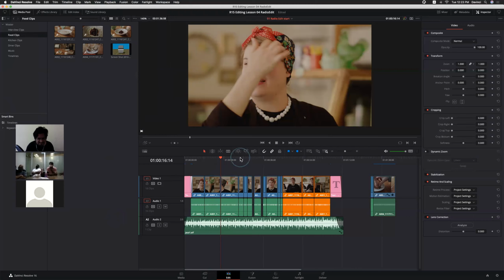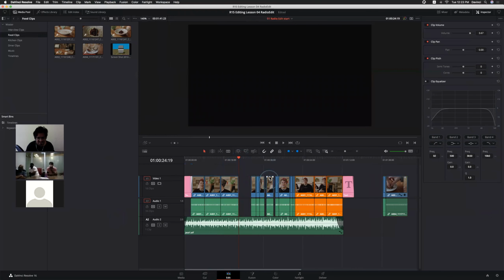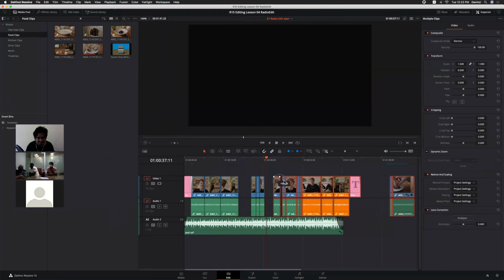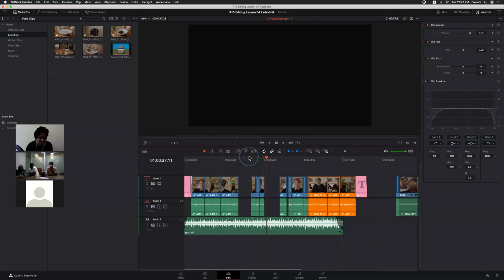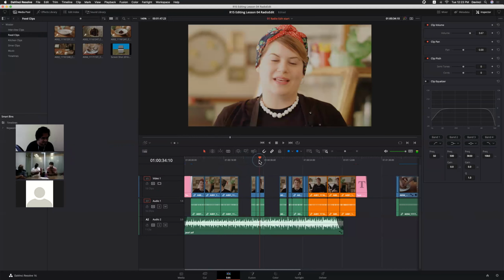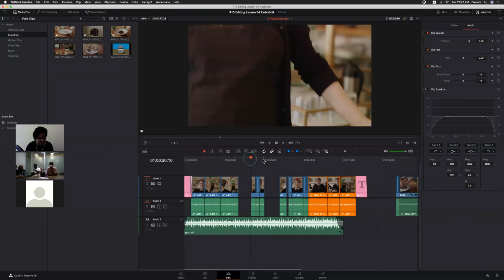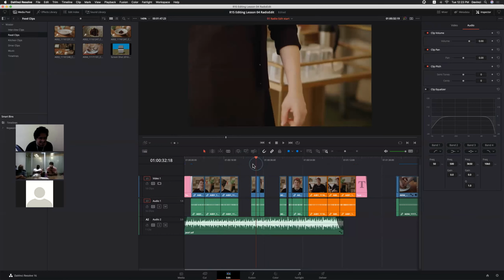What I'm trying to do now is create gaps for some other clips, maybe the graphic portion. And while scrubbing, if you don't want to hear the scrubbing audio, it's the same shortcut as in FCP7, Shift S, right? Yes, the same thing, Shift S. Now we won't hear that scrubbing audio. We can enable and disable that.